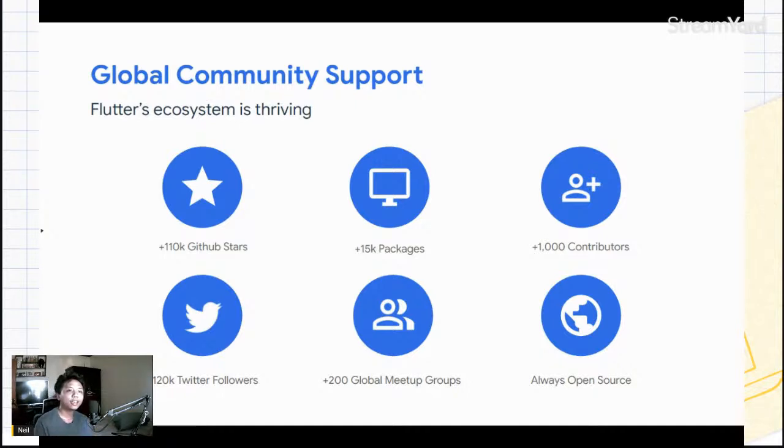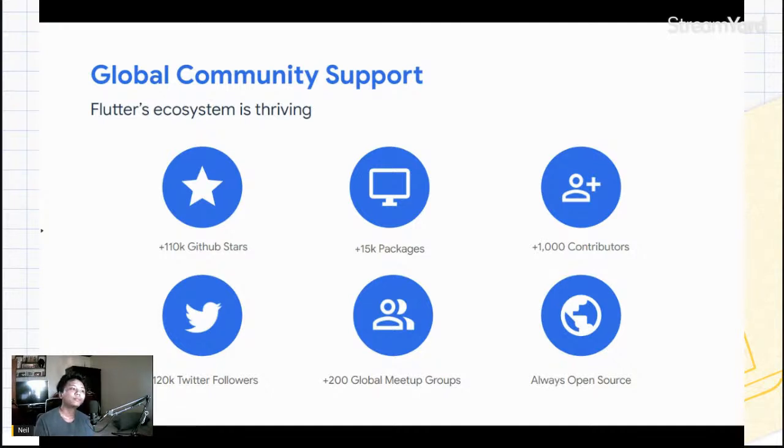Plus 15,000 packages, as I sent earlier on the chat. Right now, while I'm talking, there's 15,000 packages in the pub.dev website, 1,000 plus contributors. So can you see that Flutter is actually supported by several developers, 120k Twitter followers,